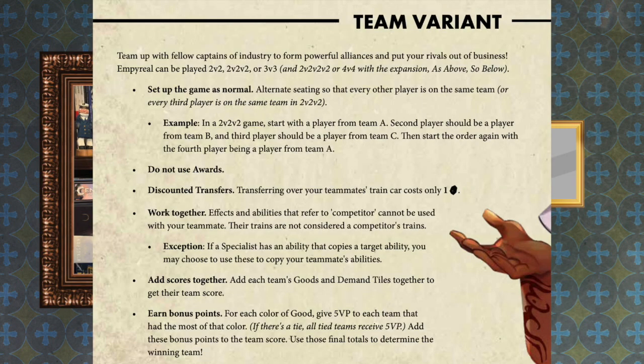But in the team variant, page 13 in the base rule book, one of the sources of bonus points is, for each color of good, give 5 victory points to each team that has the most of that color. So when you're playing with the bots, you will not do that thing. You'll count all the other victory points, but that one's not in there,